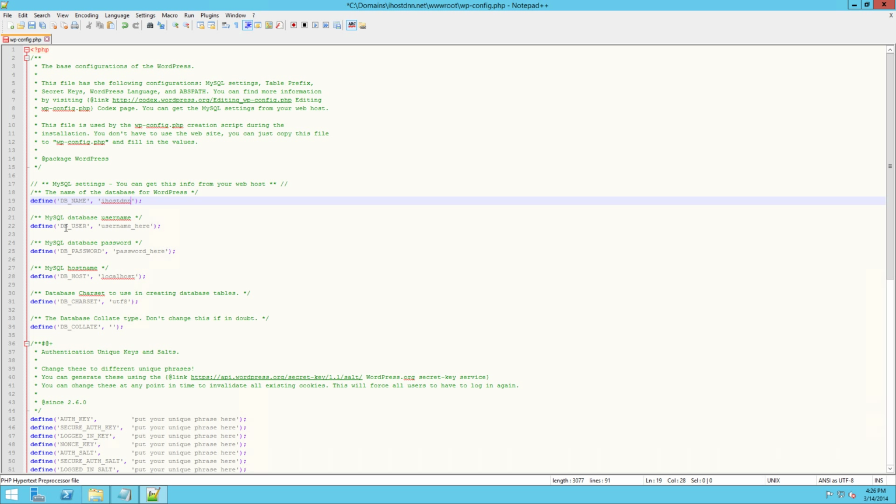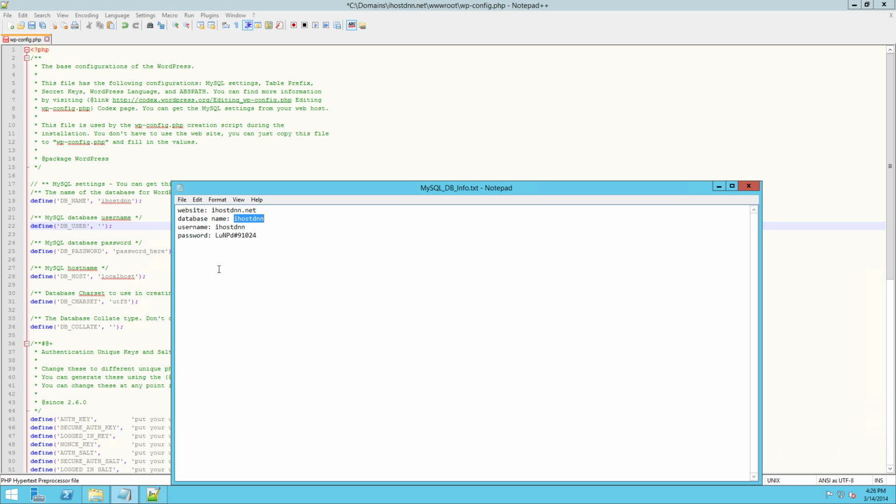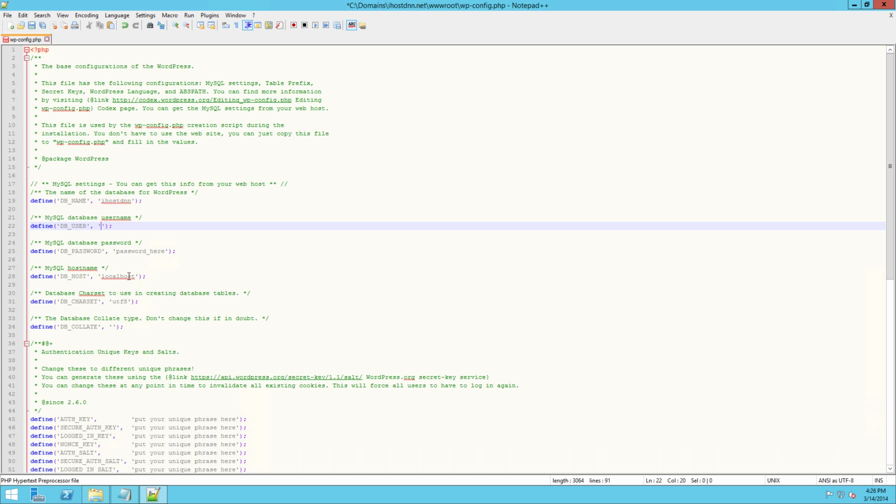And then the next thing is the MySQL database username, dbuser. Again, same thing. We're just going to backspace out everything between the single quotation marks. And then come over here and get our username off of our saved information. Put the cursor back in between the single quotation marks and paste. So there you can see that the username and the database name are now in between their single quotation marks